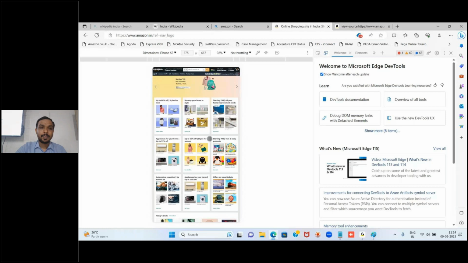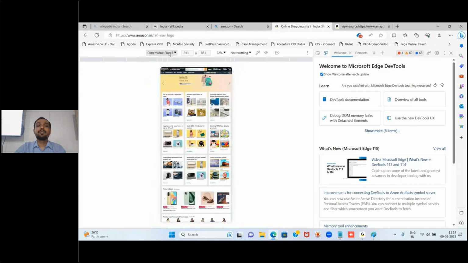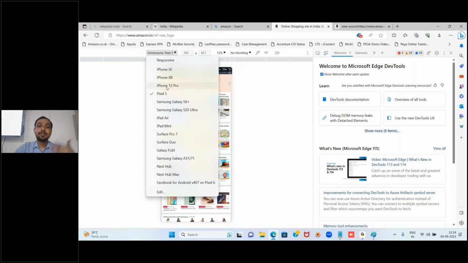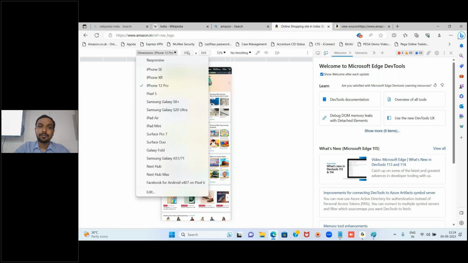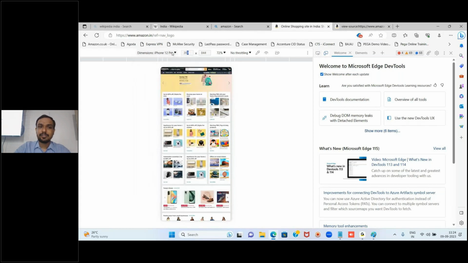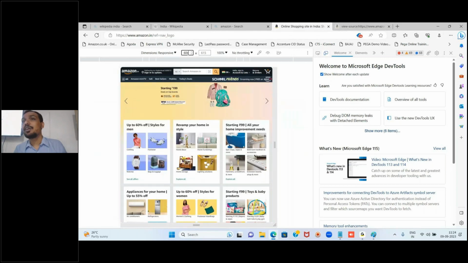Now Pixel 5, some other phone. In that, some important or famous phones they will give here. Other than that, here you can write your own. Able to see responsive, you can say, and here if your device width is 600, then on that device it will look like this. Got it?